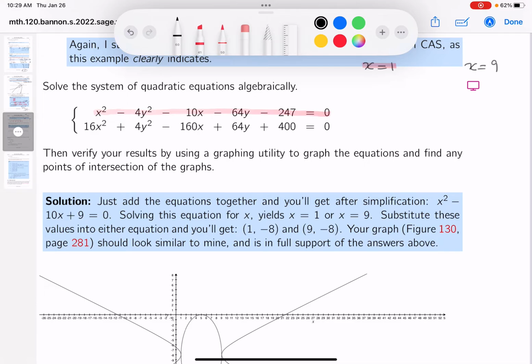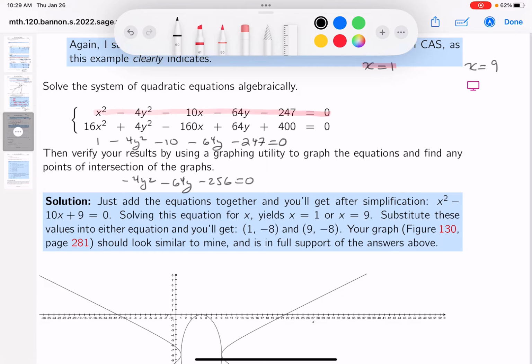And what do you get? In the first equation, you get 1 minus 4y squared. Let's see, x is 1, so that's minus 10, minus 64y minus 247 equals 0. All right? Let's take a look at that, and it looks like a quadratic in one unknown, just like we had before, by the way. What are you going to get over there? Well, minus 4y squared minus 64y, and let's do the numbers now. So let's see what you get. Minus 257, minus 256